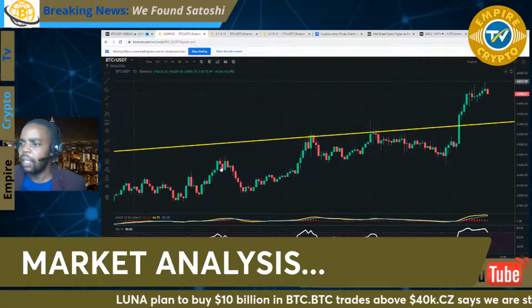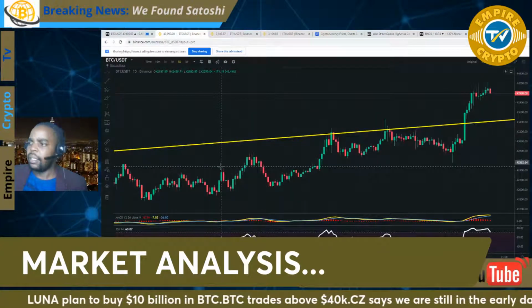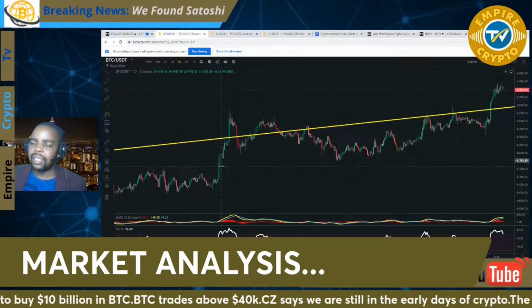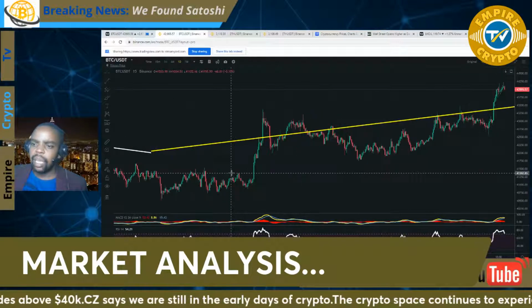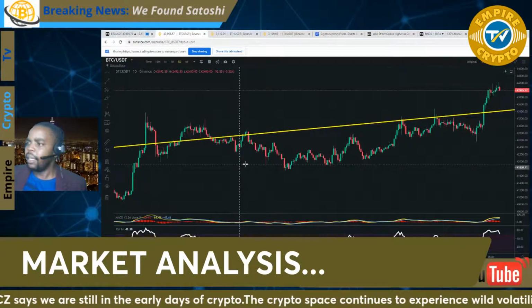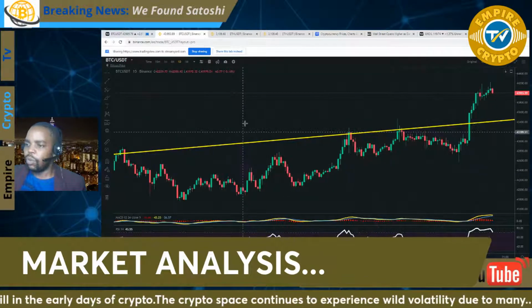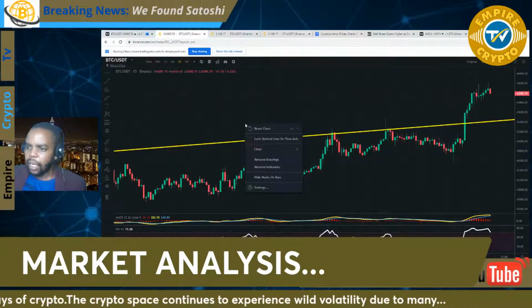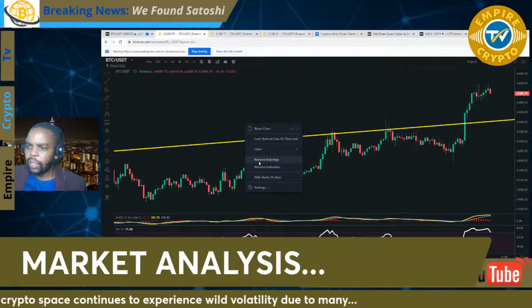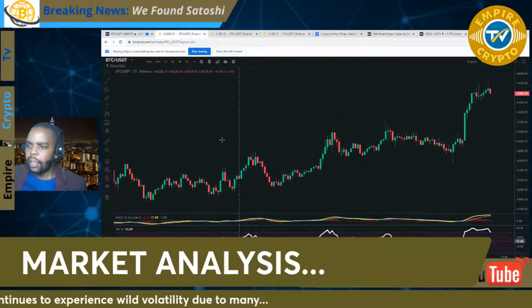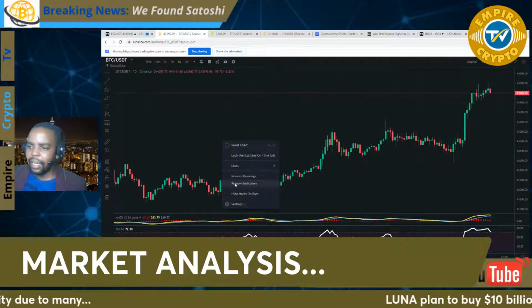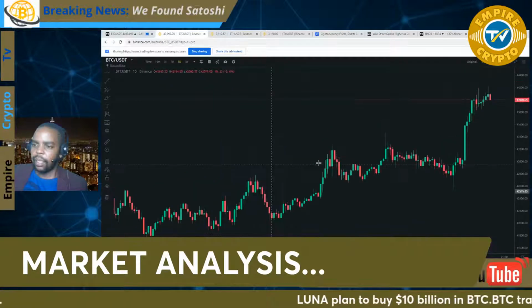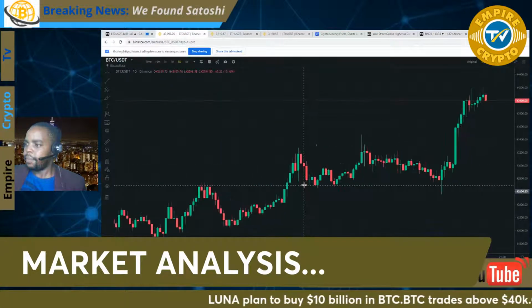And right, I always have that support and resistance line right there. Okay, I know that. I know what's going on here. All right, let us just do a practical analysis. Let me remove drawings and remove the indicators. Right click and say remove indicators. Okay, it's easy. Now, look at that strong trend.